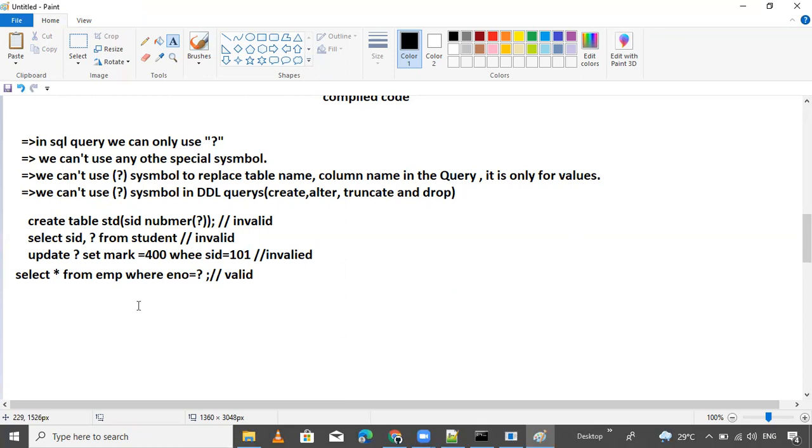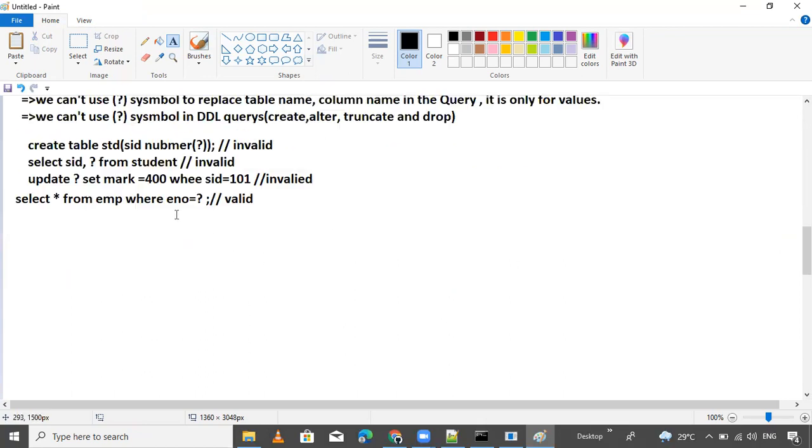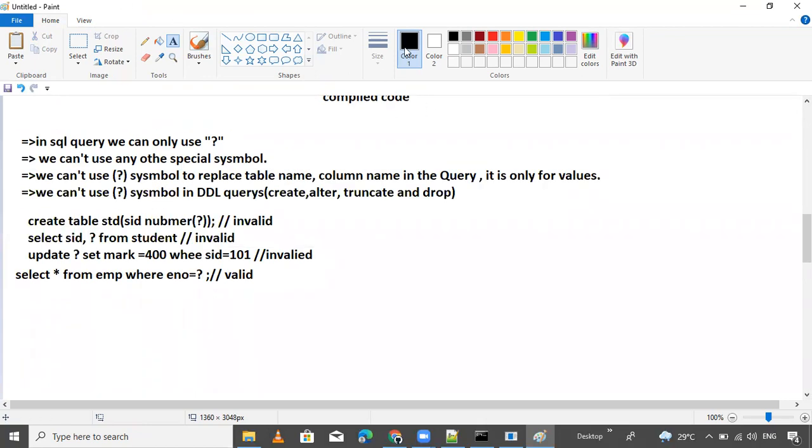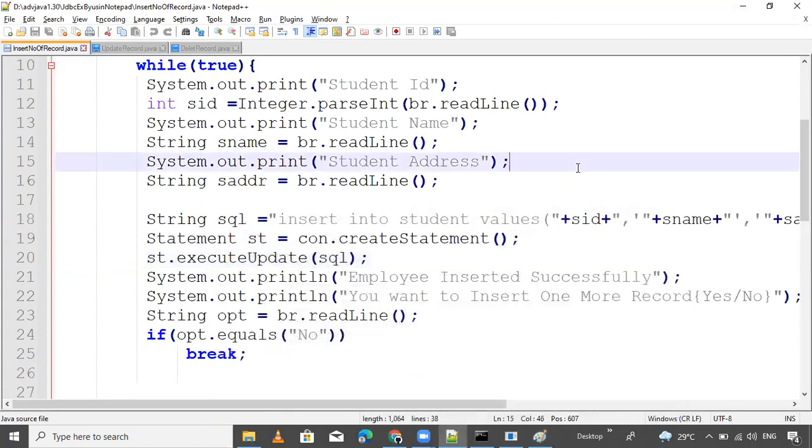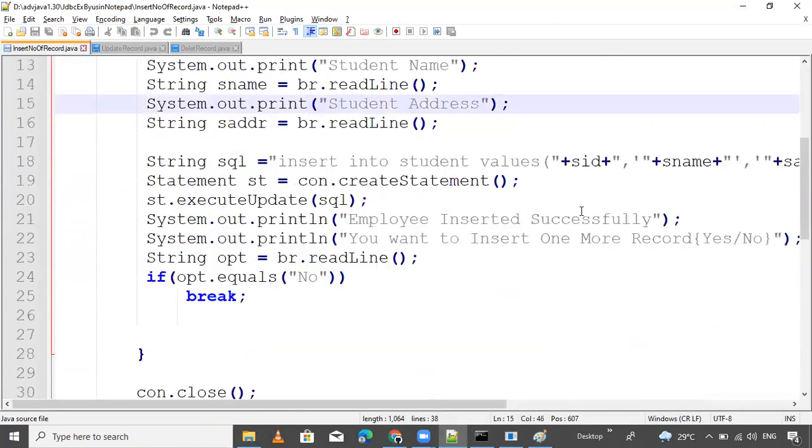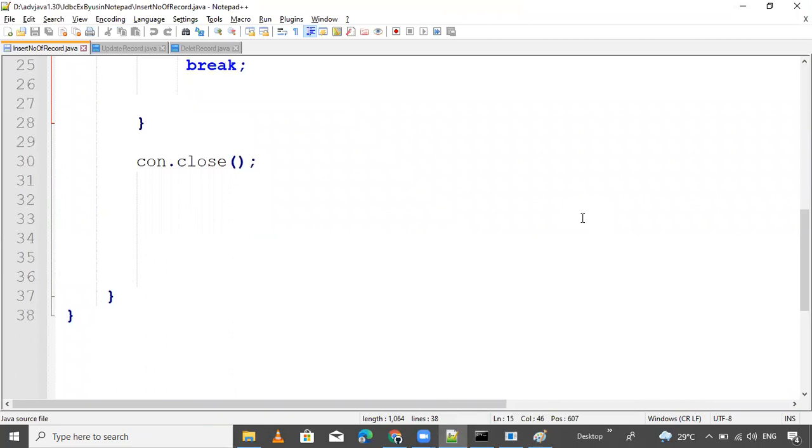So now I want to show you one example by using prepare statement inside the query. Can I use the same example or another example? Okay, use some other example.